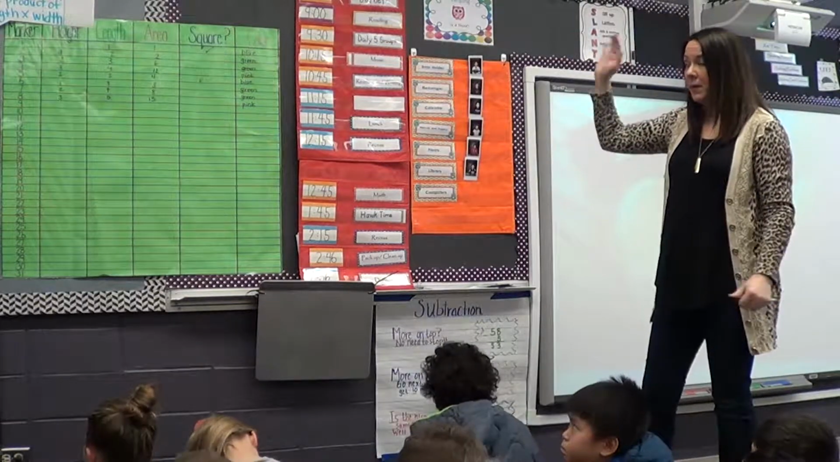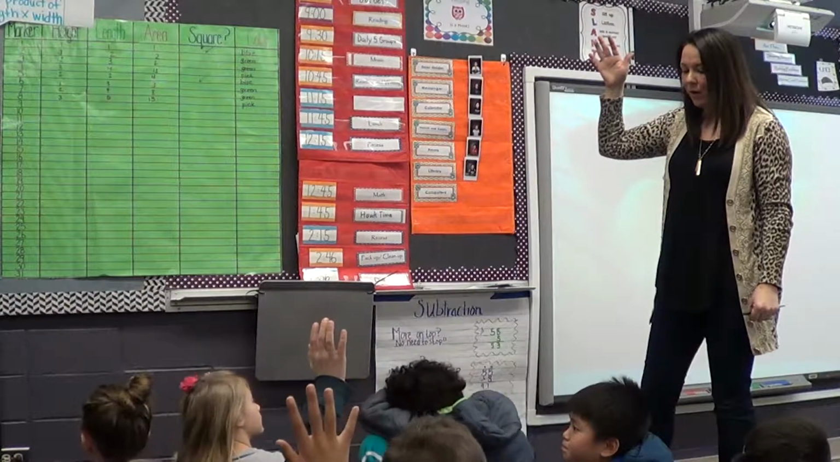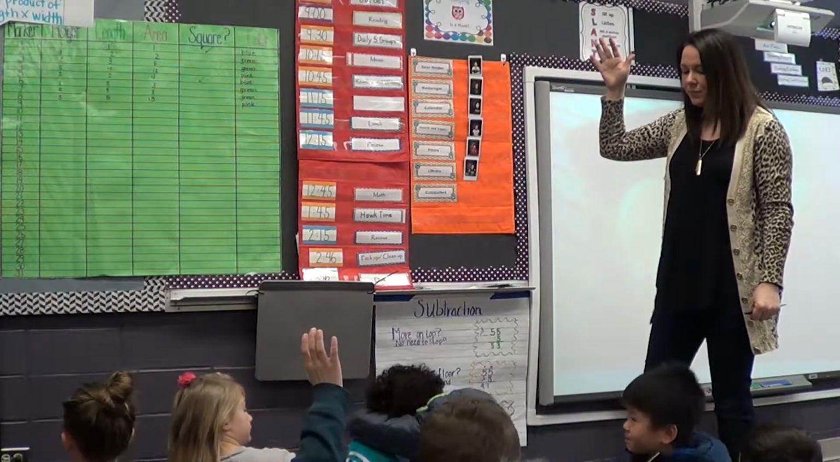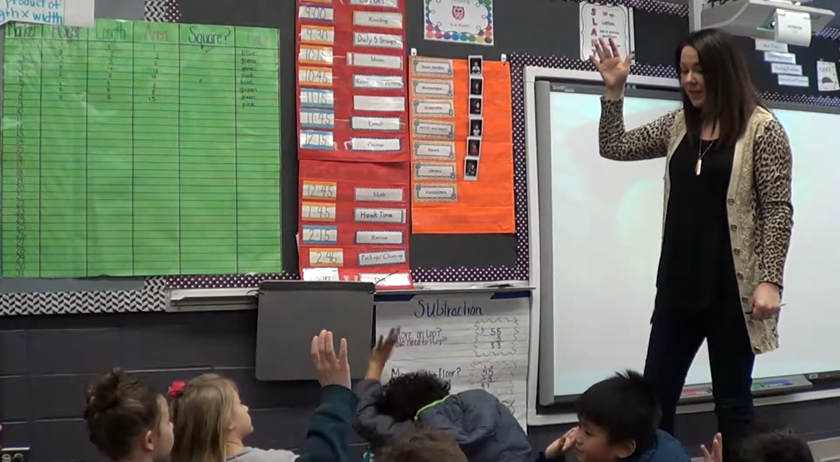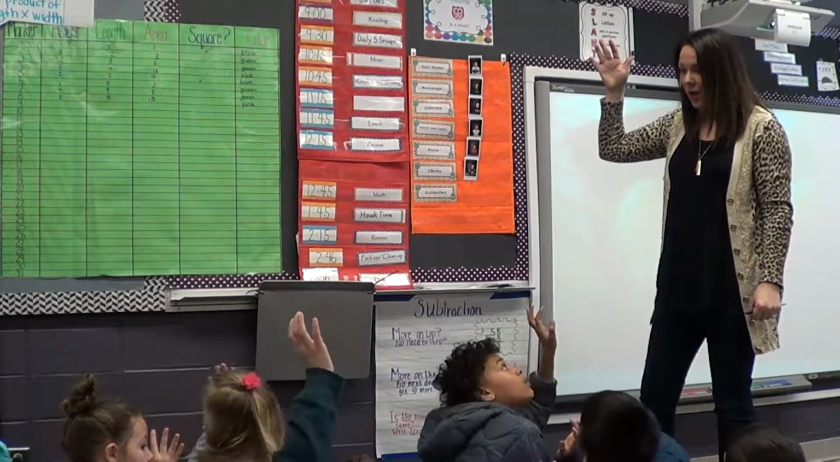So I need you to slant and look at me. Troy, are you ready? Aaron, are you ready? If you're slanting, you're looking at me. So I need your eyes on me. Thank you. Okay,